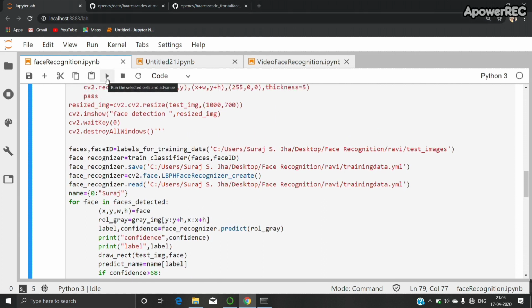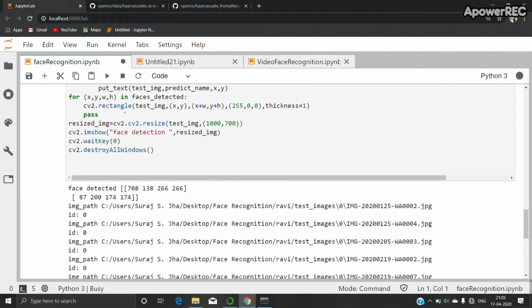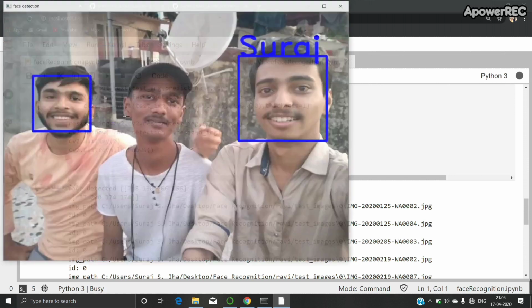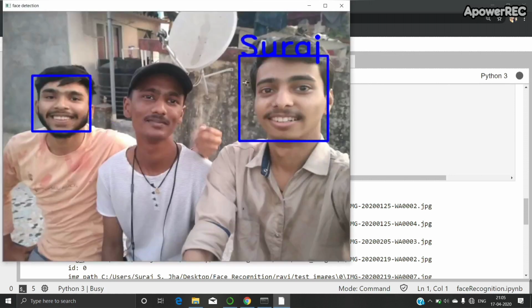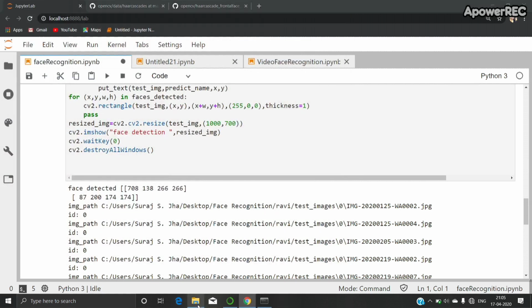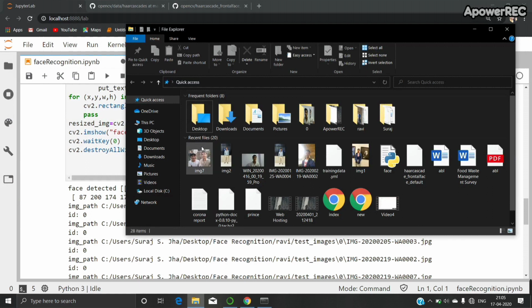As you can see, in the program there are many methods defined. I will be giving this code on my GitHub account, and from there you can download it. Let me run the code where I will be predicting my images by providing my previous images.